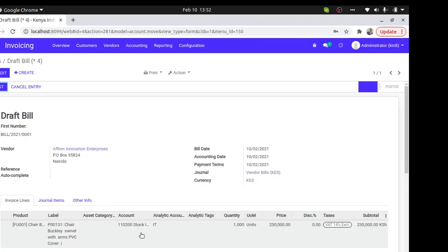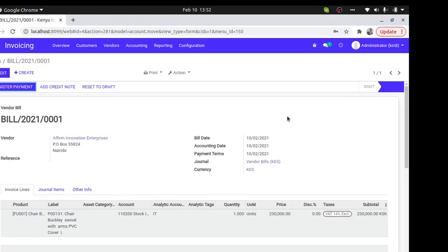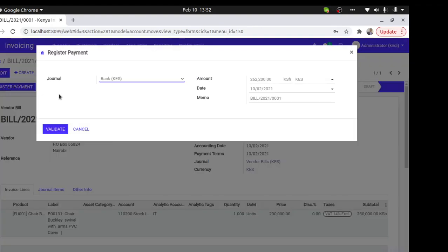Okay, yeah, that's it. But in the live server, you see all of them. So what you need to do to pay for them, if this is the one you are going to pay, just open it. Maybe the finance person, the person who has been allocated to pay, will open it and just click post. So when you click post, it goes to posted, and then you register the payment. Click register payment, select the means of payment, whether it is bank, we put the different bank means there, whether it is KCB or whatever you do with each bank. If it's not there, give to